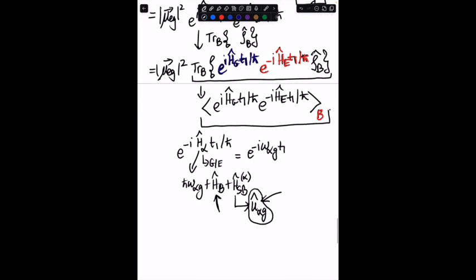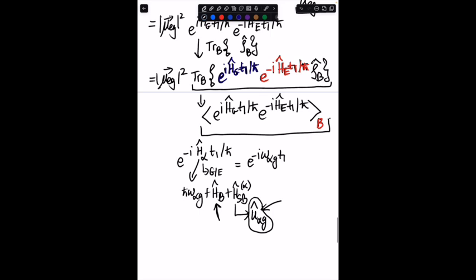So the way I would write this is the system-bath Hamiltonian in the interaction picture with respect to the bath Hamiltonian. The bath Hamiltonian does not have any time dependence, so I can just write this as e raised to the power minus